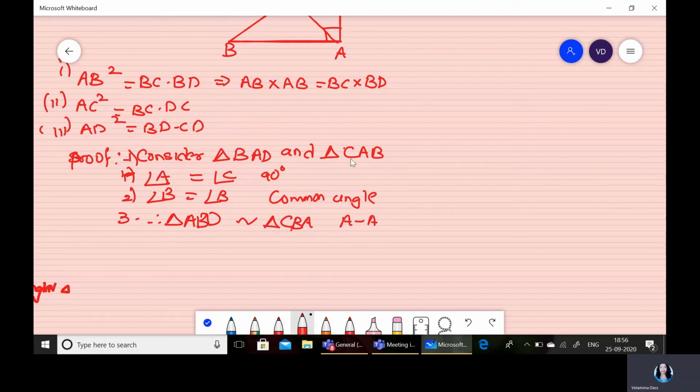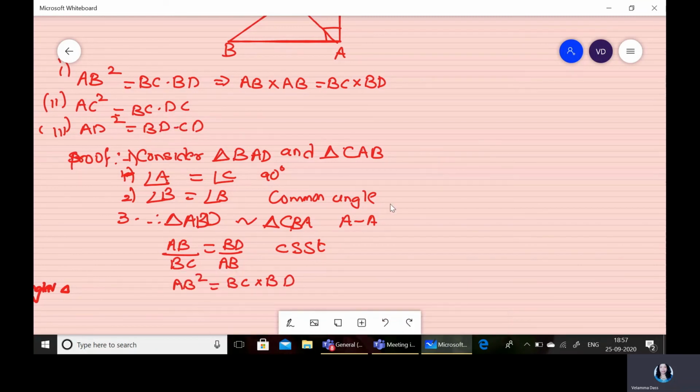Here I have not bothered to write the correspondence because I just considered it randomly. After writing the reason, we say that these two triangles are similar. Now I want AB. So I will write AB upon the first two letters, upon BC. And here I want again AB, the second and third letter, BD upon AB. So here we have CSSTC, corresponding sides of similar triangles. So we get very easily AB square equals BC into BD. I hope you can prove the remaining two also in the same way.